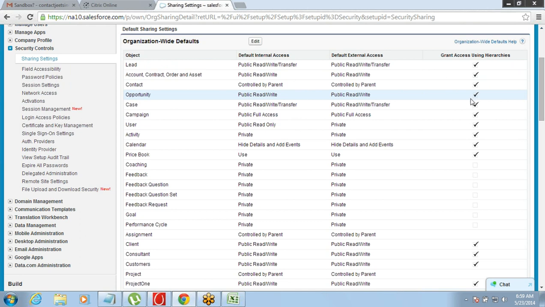Okay, so if you check it off, then even the manager will not have access. If you check it on, then the managers will have access. So this is something which we need to consider only if the data is private. If it is public, anyhow everyone in the company is able to see it. So the manager is also one part of the company, so he will also get to see it, right? Clear on that?